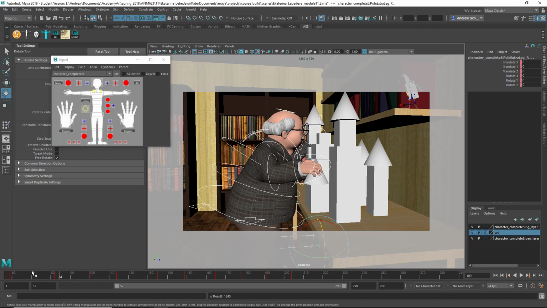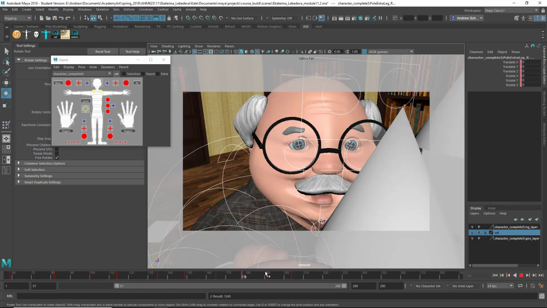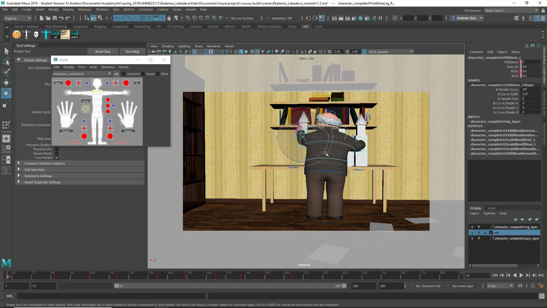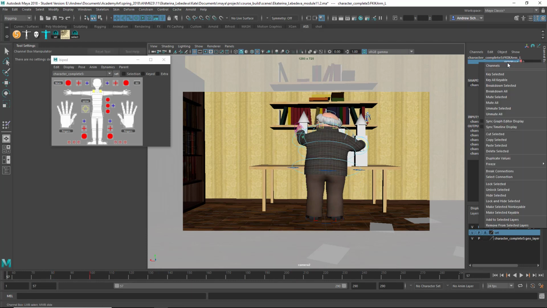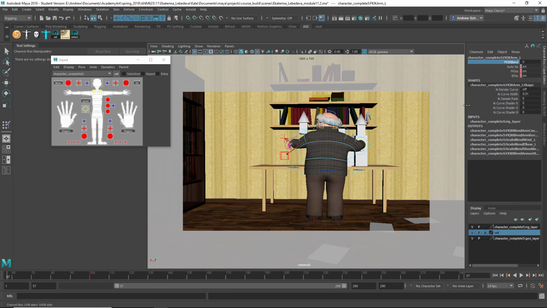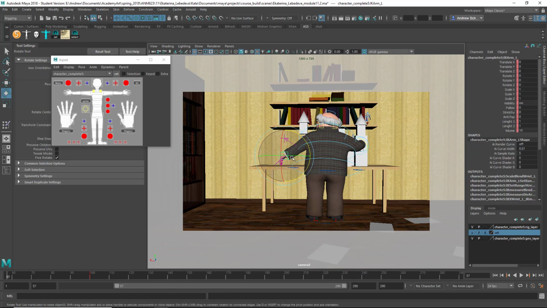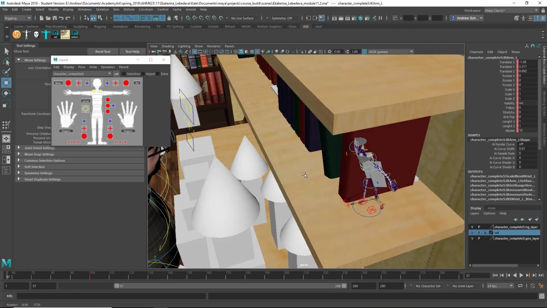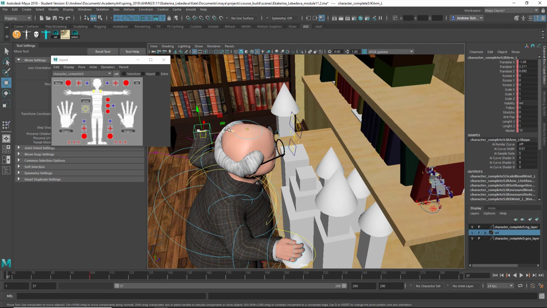The other thing I would say is that for something like this, you're going to want to use IK hands instead of FK. So I'm going to delete the keyframes on the, where's delete selected? Here, and change this to IK. Now it will mean redoing the positioning of this stuff and kind of reparenting that, but the point is that